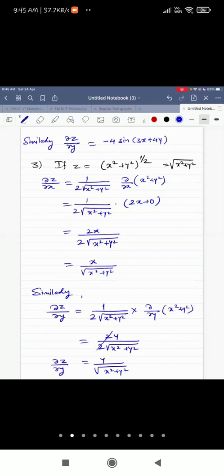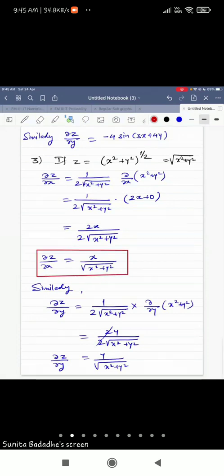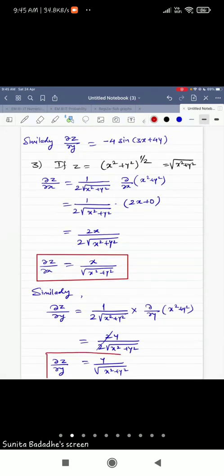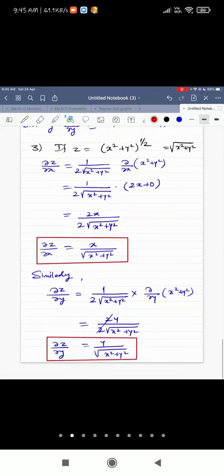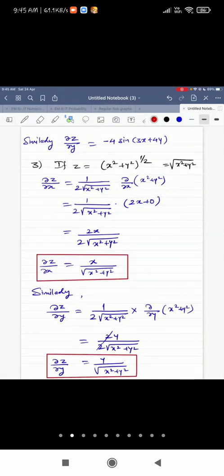Now students, I want you to observe something here. Okay. So what is the observation? The observation is, in dabba z by dabba x, we are getting x upon root of x square plus y square. In dabba z by dabba y, we are getting y upon root of x square plus y square. Why is it so? Yeah, denominator is same. In numerator, there is x in first and there is y in second, right? So only x and y are replaced. Otherwise, answer is same. Am I right? Only x and y are interchanged. Correct. So why is it happening like this? The reason is your